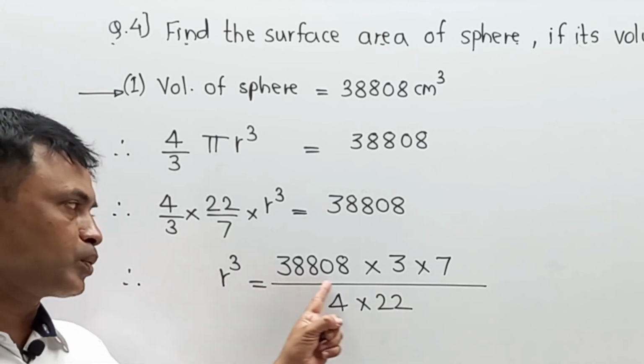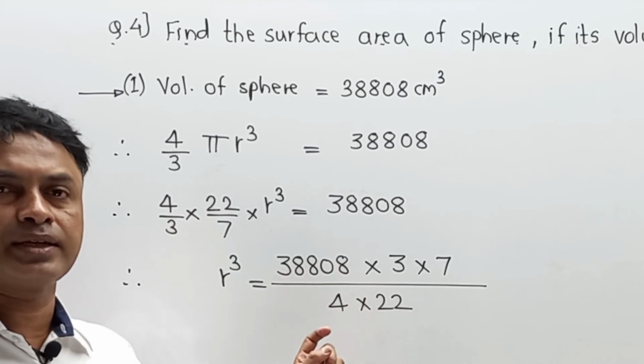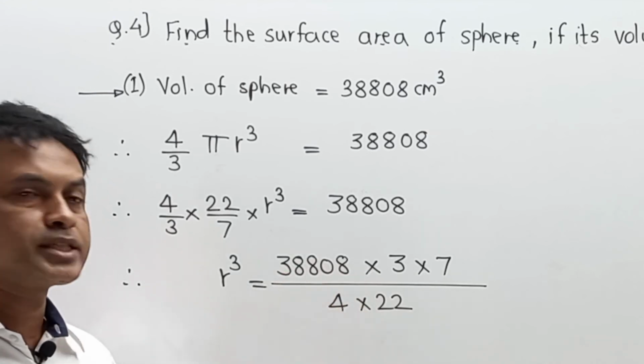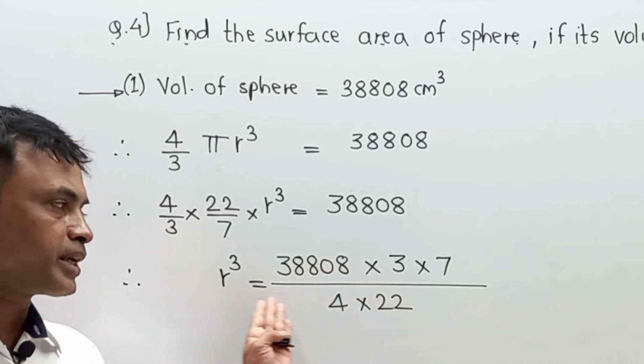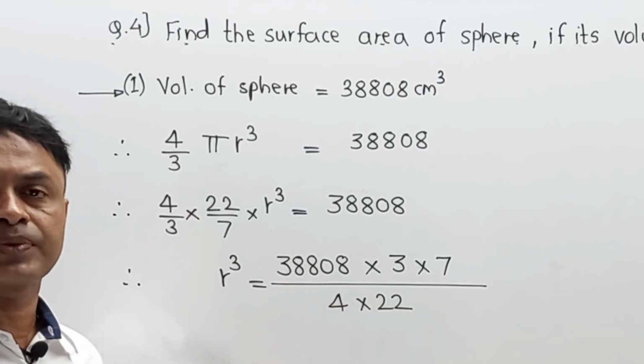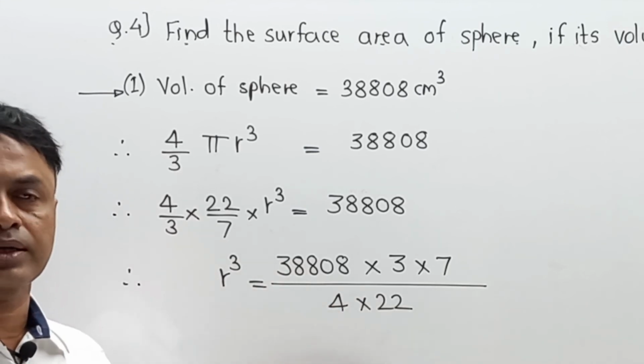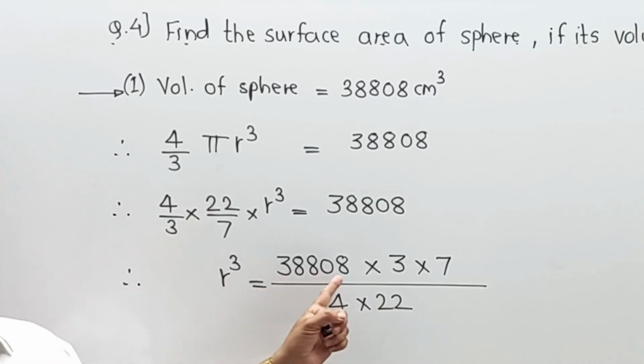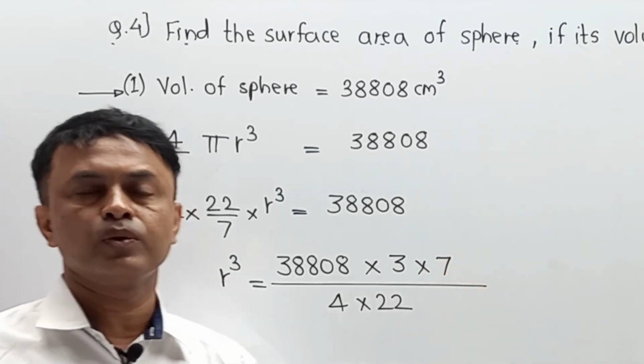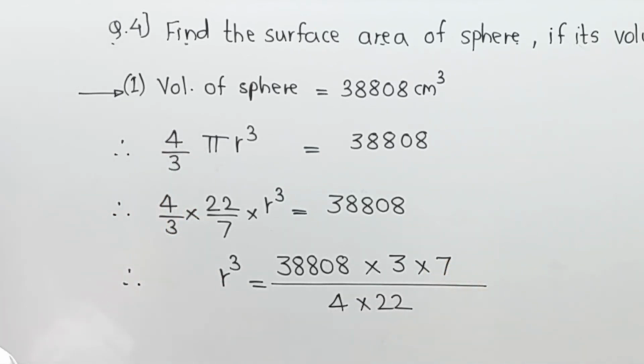The main problem correlated with 38,808 means we must be able to write its split up so that we can cancel the part, we will get r cube, and with the help of r cube we can reach up to r. And this is the main part. So we have to take a systematic division of 38,808. So now please pay attention. I am going to do some calculative work over here itself so that you can easily understand the part.